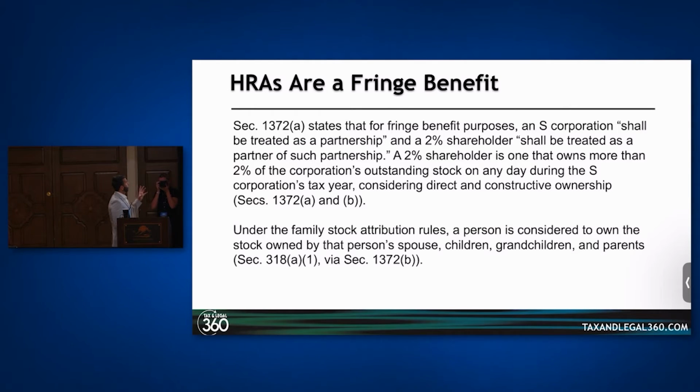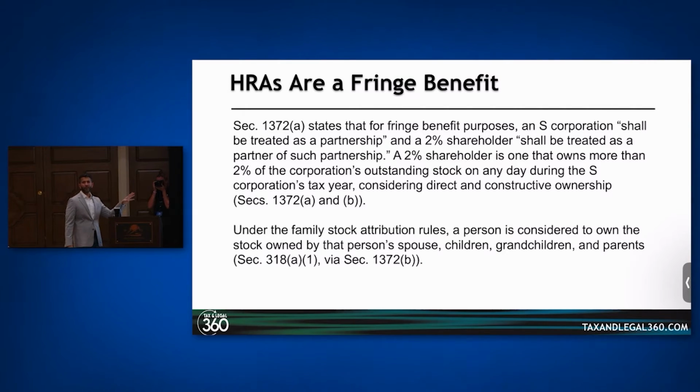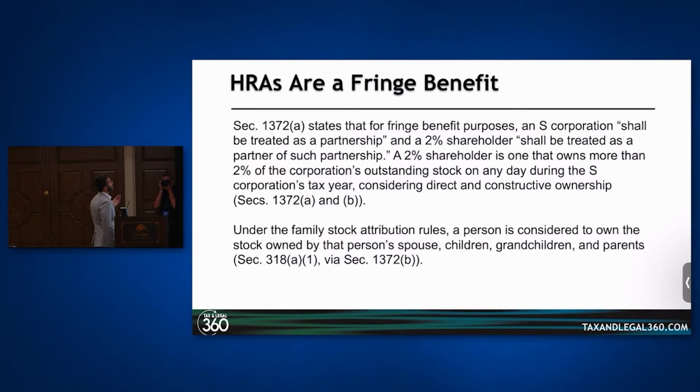So I'm gonna go ahead and read this to you just so you know where the proof is and you can check on it later. In section 1372(a), it states that for fringe benefit purposes, an S corporation shall be treated as a partnership, and a 2% shareholder shall be treated as a partner of such partnership. A 2% shareholder is one that owns more than 2% of the corporation's outstanding stock on any day during the S corporation's tax year, considering direct and